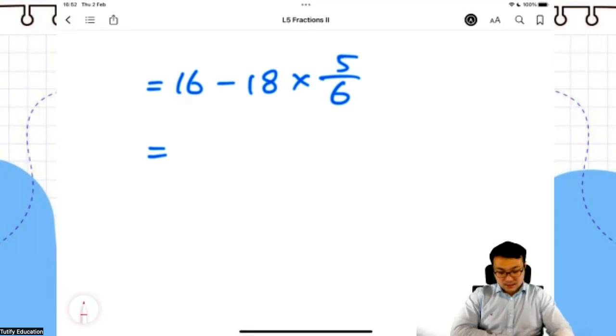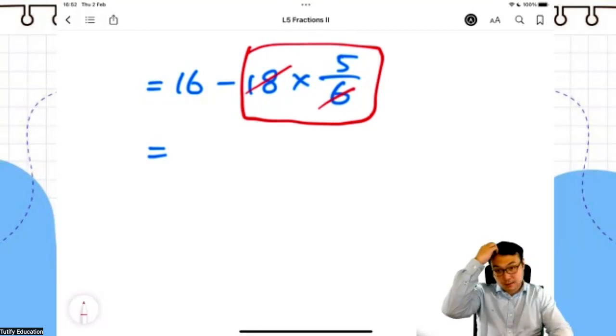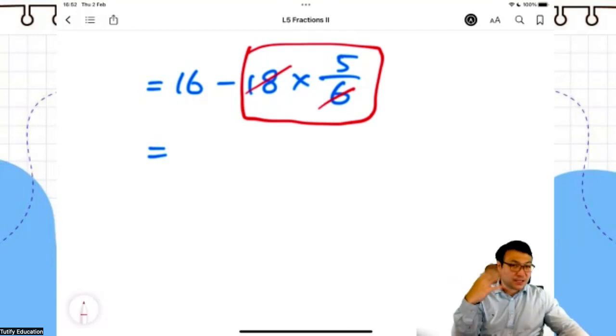I change it to fraction. What should I? You don't have to, you just know. So I divide this by what? By 1, 2, and 1. No, I'm asking you, divide by what? Divide by